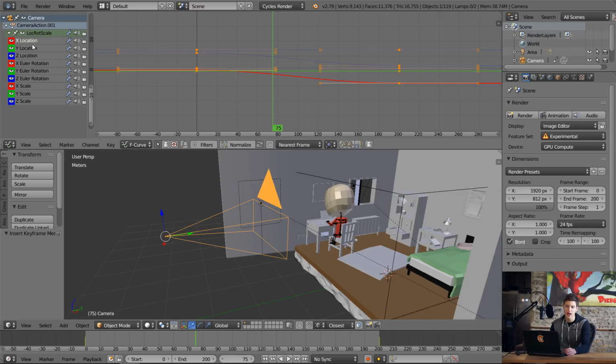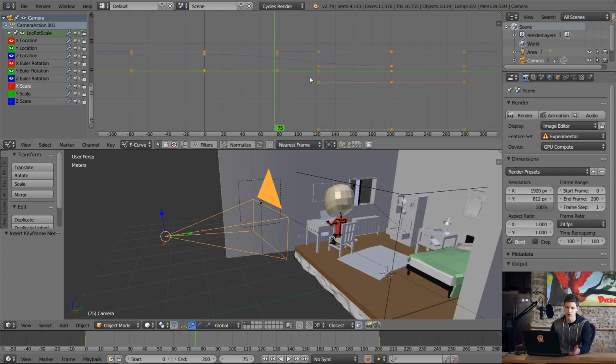And you can see that we have XYZ location, XYZ Euler rotation, and then XYZ scale. We won't really need XYZ scale because we're not going to be working with it at all. So I'm just going to click the eyeballs to get rid of that so we don't see it over here in our graph editor. Additionally, we're only going to be working with the Z location, so that's the up and down movement,